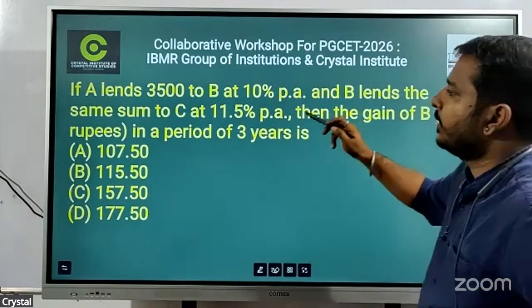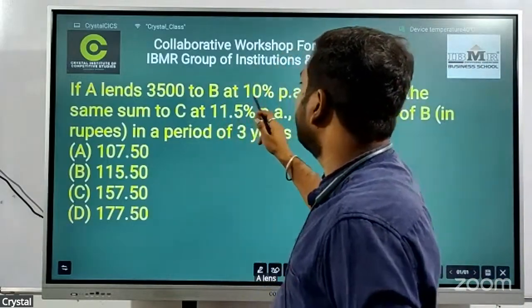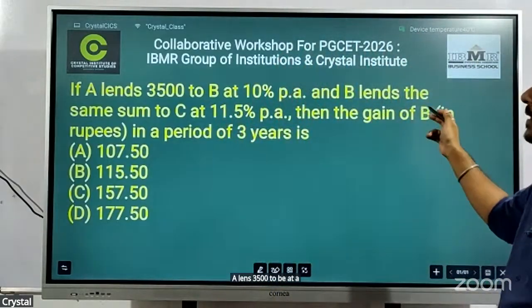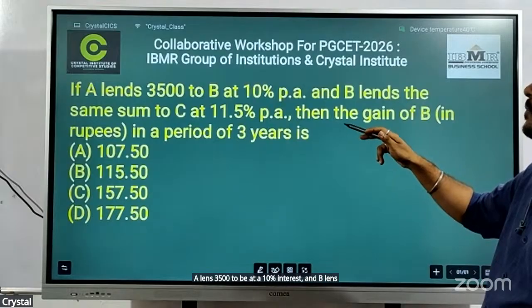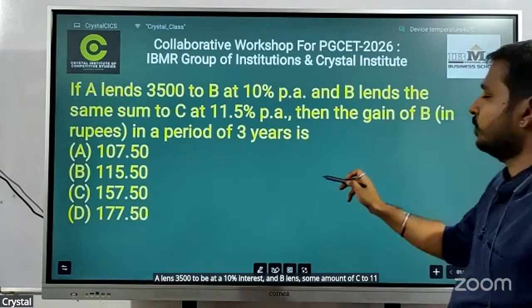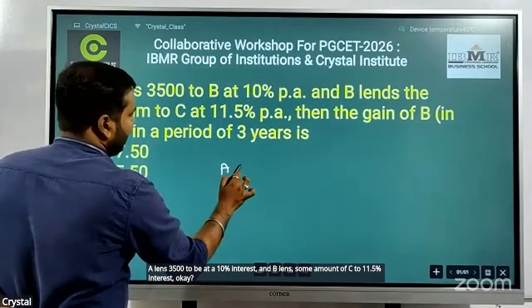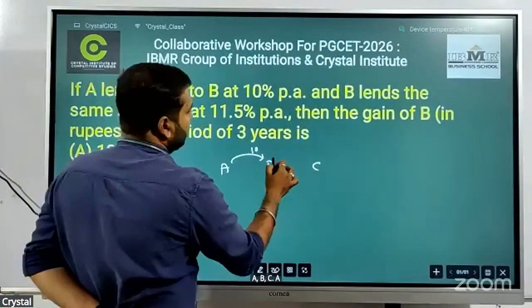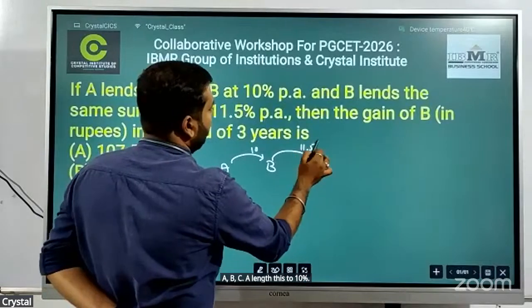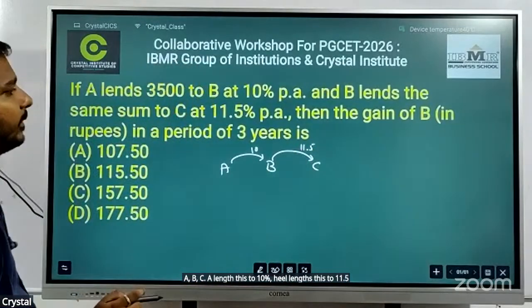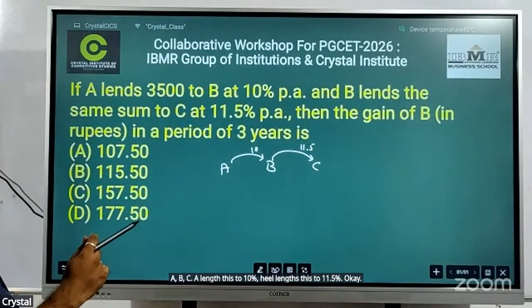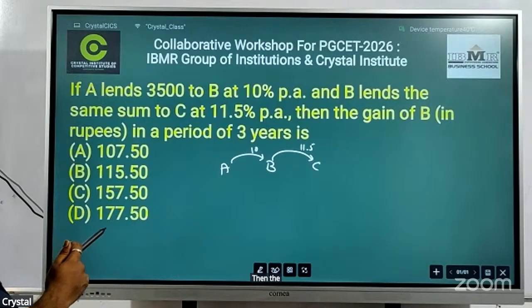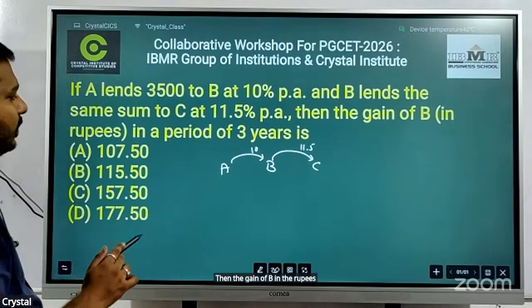Okay, A lends 3,500 to B at 10% interest, and B lends some amount to C at 11.5% interest. Okay, A, B, C. A lends this at 10%. He lends this at 11.5%. Okay. Then the gain of B in rupees for 3 years. Okay. Total amount is